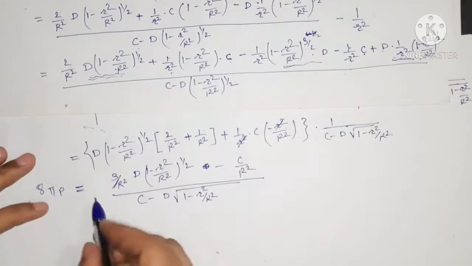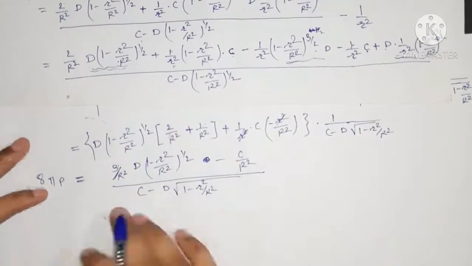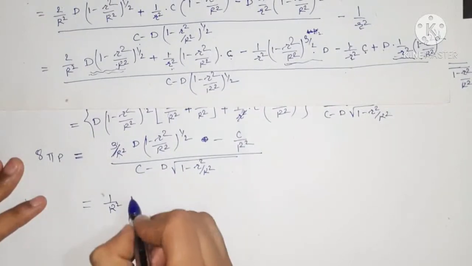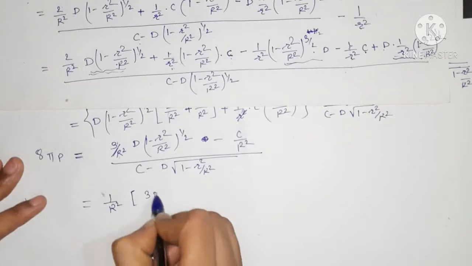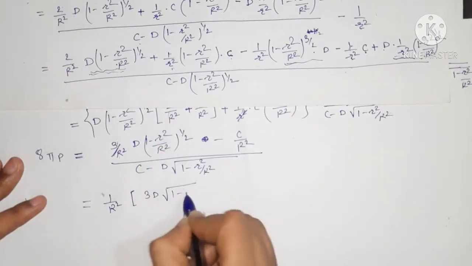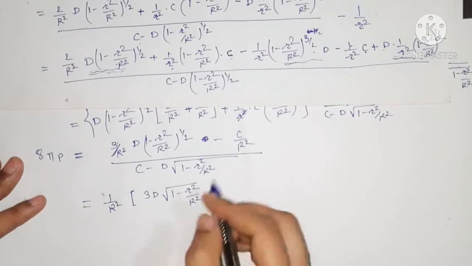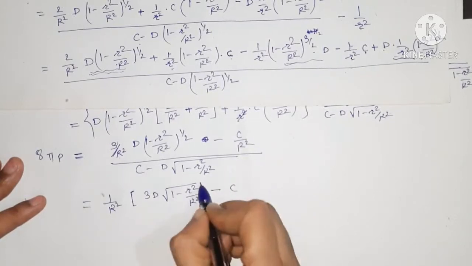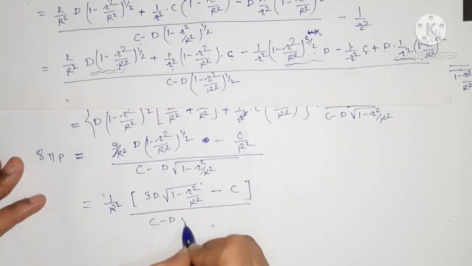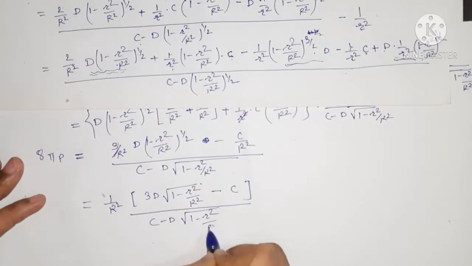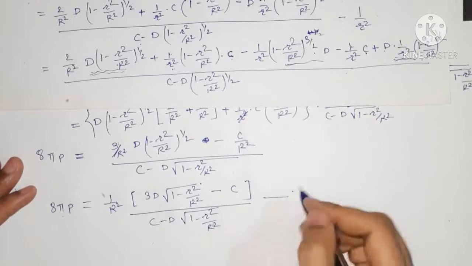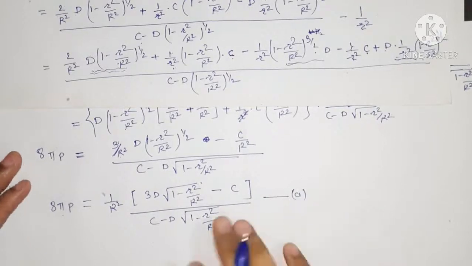so therefore this is equals to, now we can take the common 1 upon r square common from these two terms, therefore we have 1 upon r square, in bracket we have 3d, and we write this as under root of 1 minus r square upon capital R square, 1 minus r square upon capital R square minus c is here, divided by (c minus d) under root of 1 minus r square upon capital R square. This is 8 pi p is equals to, we give this as an equation number A, and